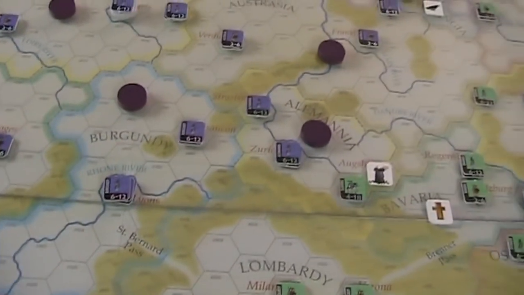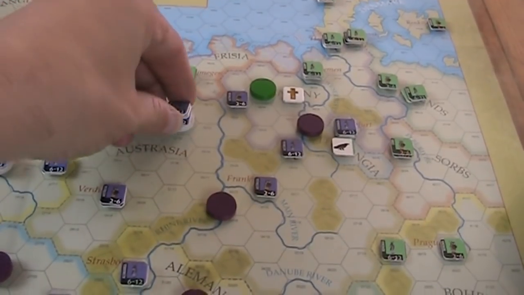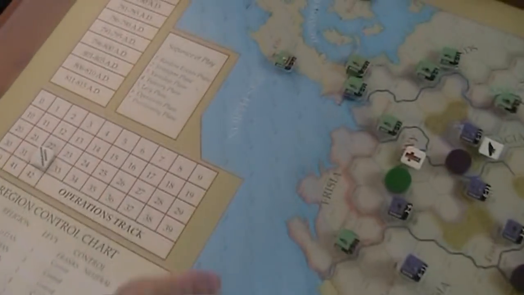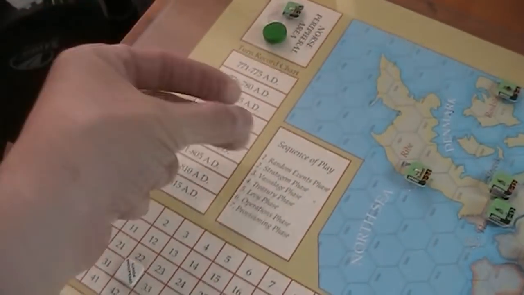Yeah, I think, wait a minute. Yeah, I think I only have to pay for these guys in Aachen here. Okay, so that's not too bad. Yeah, I gotta pay $3 there. Okay, so we're through the sequence of play of the Empire player, and that means we come now to turn 2,